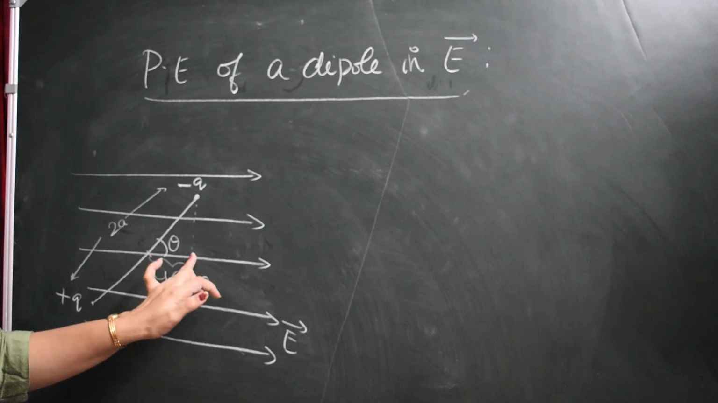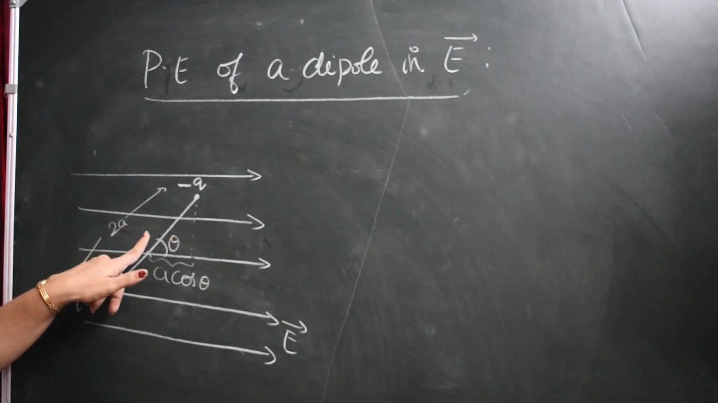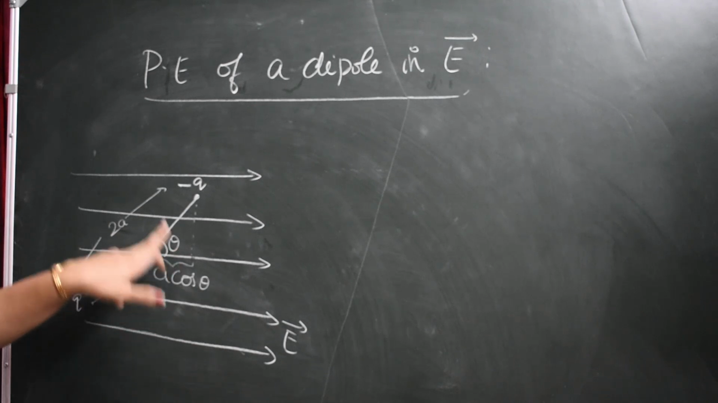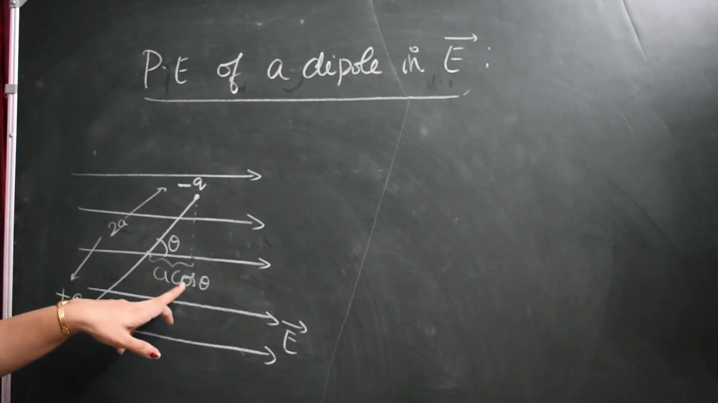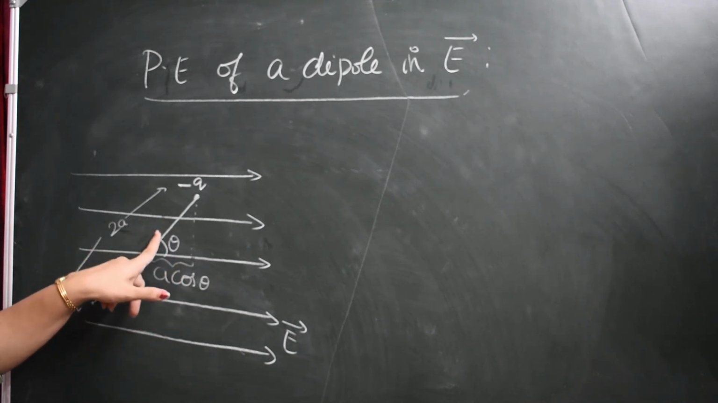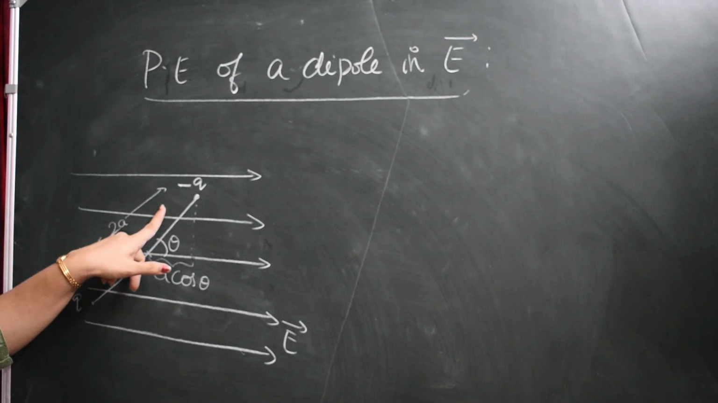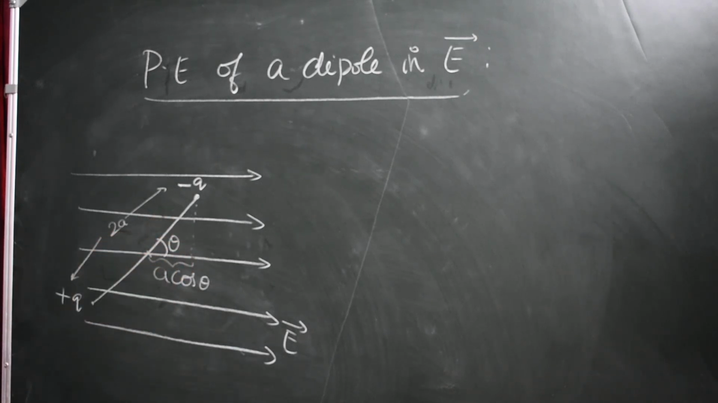Drop a perpendicular here. You get 90 degrees. This will be the hypotenuse. Cos theta is adjacent by hypotenuse. So cos theta is equal to this distance divided by the hypotenuse. So this distance you get as a cos theta, or the foot of the perpendicular is a cos theta. That is a cos theta. Okay. So now